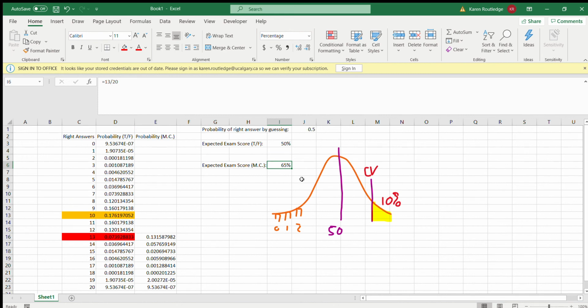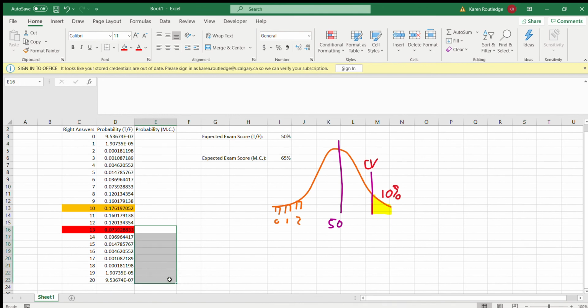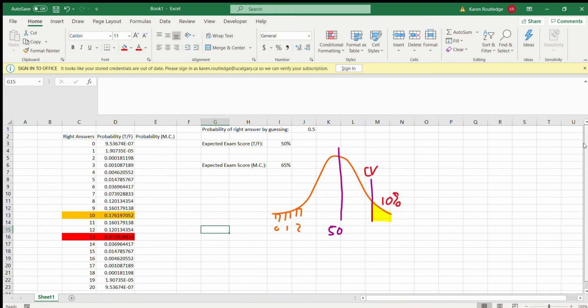So that's one way of doing this. We could adjust our pass-fail threshold. The other way of doing it is make it more difficult to guess the correct answer. So here, initially, it is just as easy to guess a correct answer, 50%. You just have to get more correct answers. Another way to do it, again, would be to, well, let's just make it harder. So instead of a true-false test, for instance, let's make this a multiple choice test. So perhaps there's an A, B, C, and D option, so 4 possible options instead.